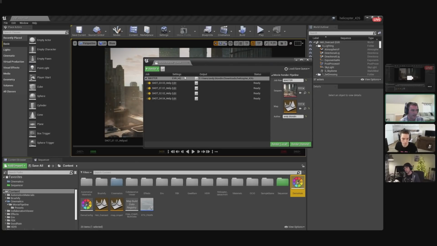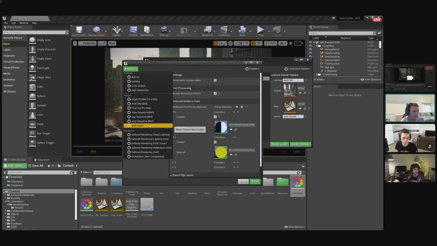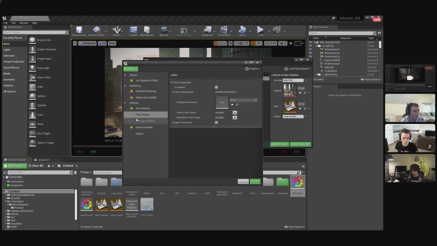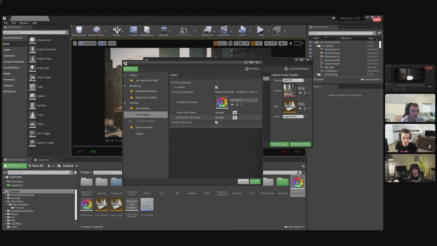And then inside the movie render queue, as Matt was saying here, when I click on the settings, under color here we can add that, and we can enable the config. And then we can select that this was from a linear sRGB. And for example, we want to render to ACES CG. And so when I enable this, this will disable the tone curve and it will render out my images as ACES CG.